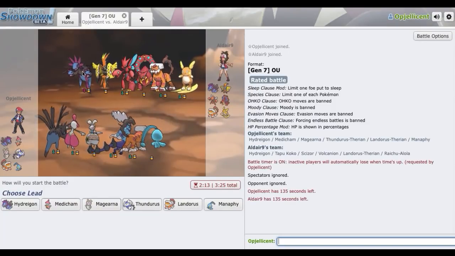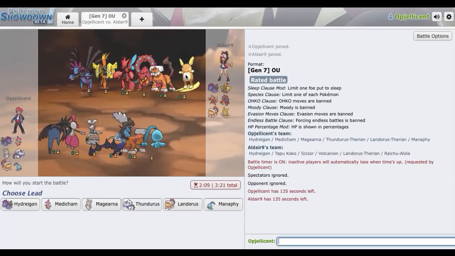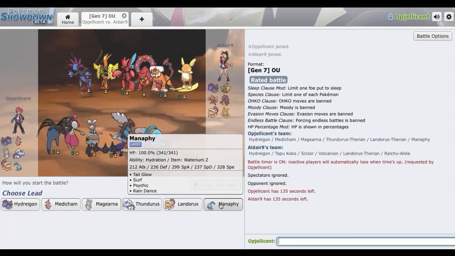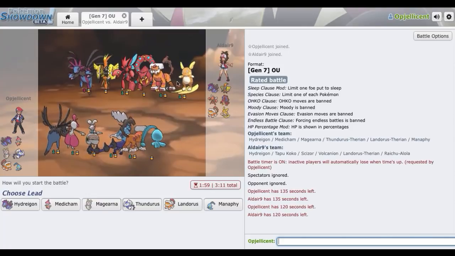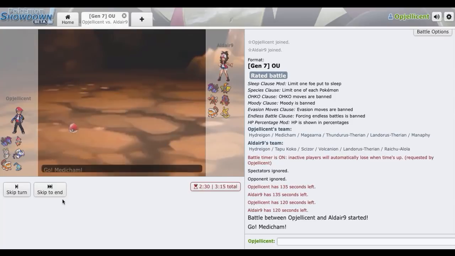This guy has a Hydreigon of his own, which is cool. He also has that electric terrain core of Koko plus Alolan Raichu. What do I want to do right here? I don't want to give him rocks for free, but the problem is he has so many good Manaphy leads, like Volcanion leads well against it. Koko and Raichu do, Hydreigon does. Yeah, Manaphy's not a good lead right here. We're going to lead off with Medicham